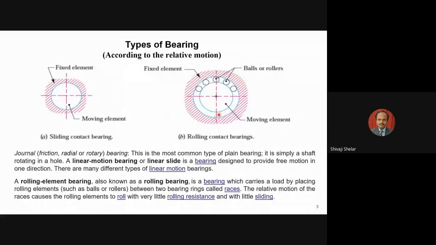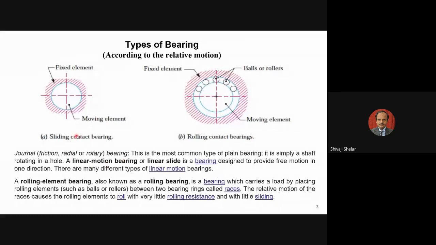So we have enlarged that whole size. In that enlarged whole size, if you apply rolling elements, in the form of spherical balls, or rollers, or spherical rollers, taper rollers, then this bearing is called a rolling contact bearing, and this bearing is called a sliding contact bearing. Basically, based on the relative motion between two surfaces, you can divide the entire group of bearings into two groups: sliding contact bearing and rolling contact bearing.